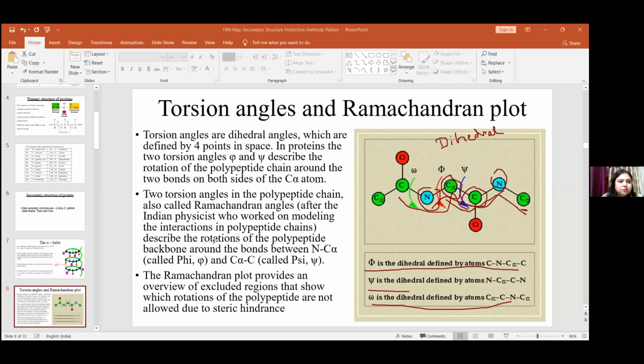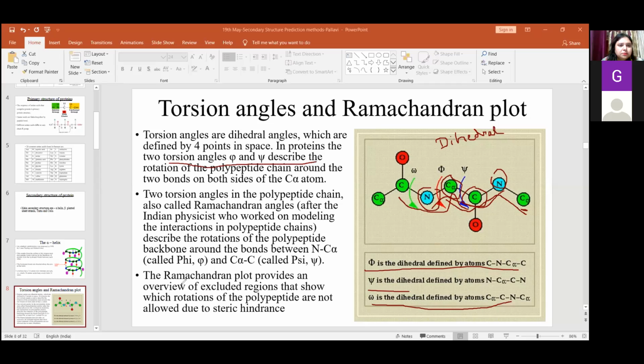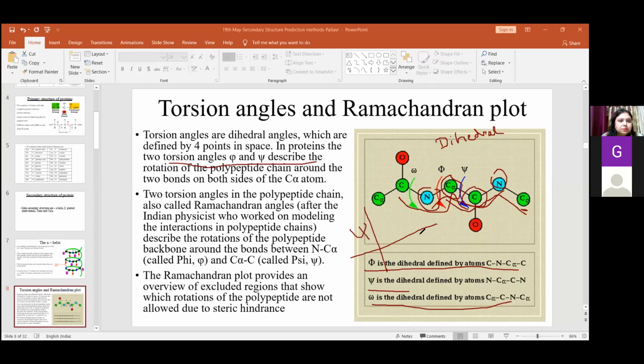These are also known as the torsion angles, and we find out the possible rotations of the amino acids in the plane by means of the phi and psi angles, the torsional angles or the dihedral angles. When you see the Ramachandran plot, you will see a plot between psi and phi values, and it will show you four quadrants, in which you will find that the first quadrant has alpha helices and the second has allowed beta sheets.